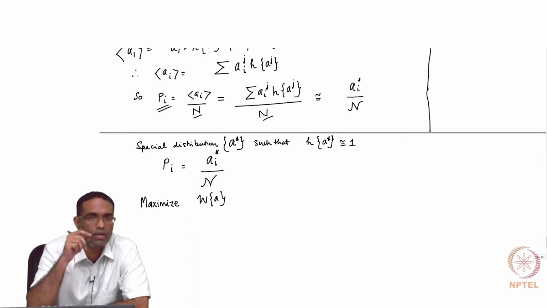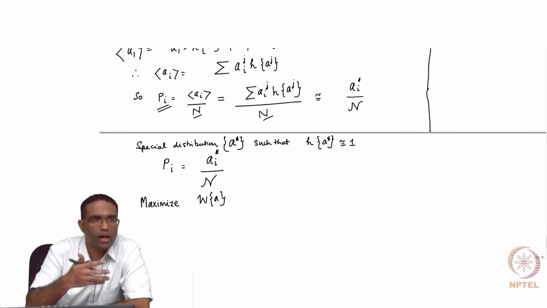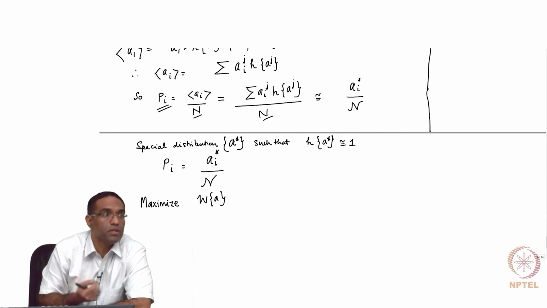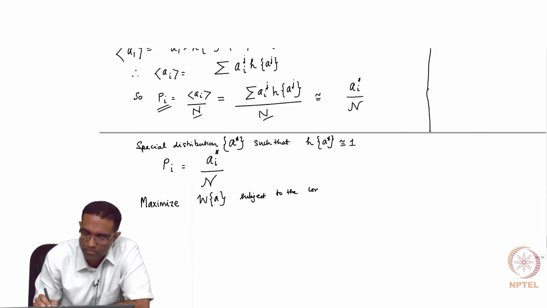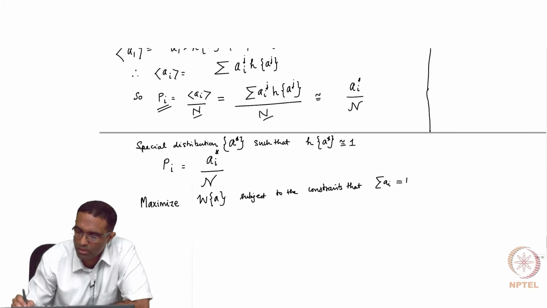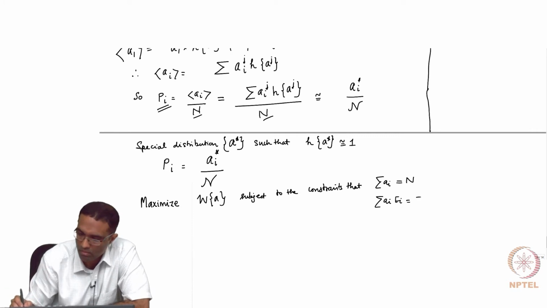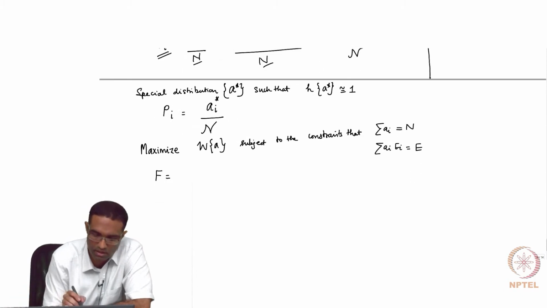Okay. So, we are trying to find that special system. We are simply throwing out all the other systems because we know that they are going to be irrelevant. Okay. There are better proofs to show that they are irrelevant, and that this distribution peaks about that special distribution and everything else is 0, but we are not going to do that in this class. Okay. So, we are just going to maximize this, but we have to subject it to the constraints that the summation of all the Ai must be equal to n, and the summation of Ai Ei must be equal to some E. Okay. So our composite function that we have to maximize is